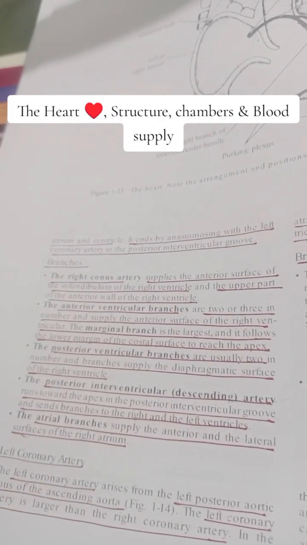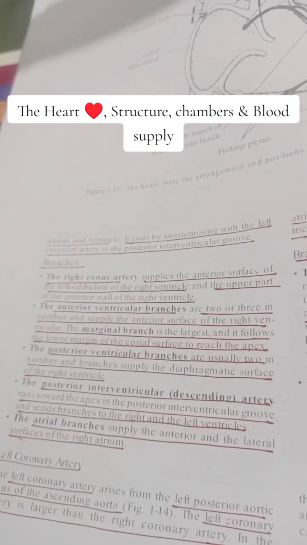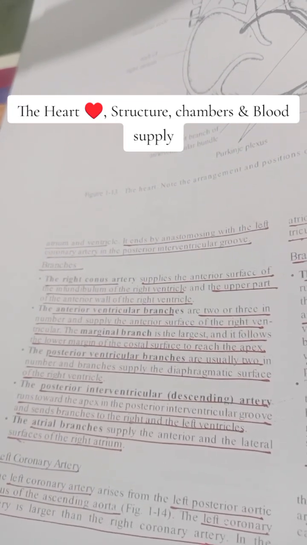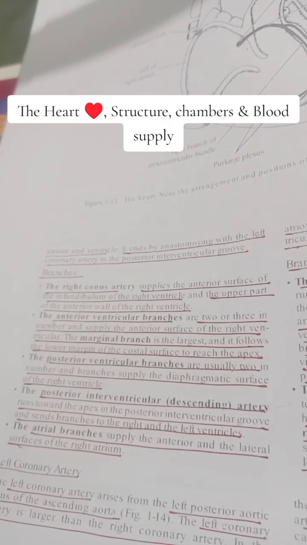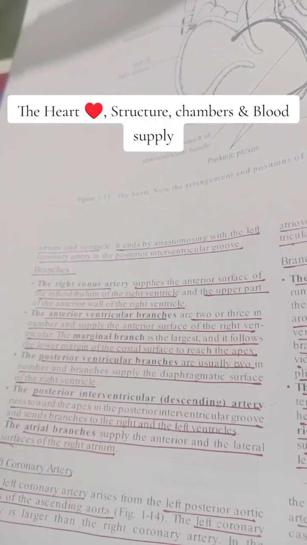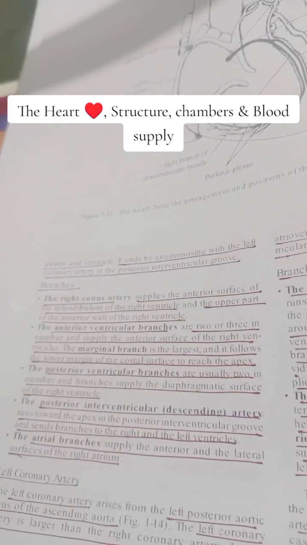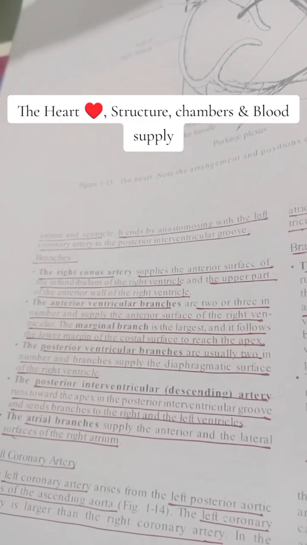Branches: the right conus artery, the right anterior ventricular branches, the marginal branch, the posterior ventricular branches, the posterior interventricular descending artery, and the atrial branches. Left coronary artery branches: the anterior